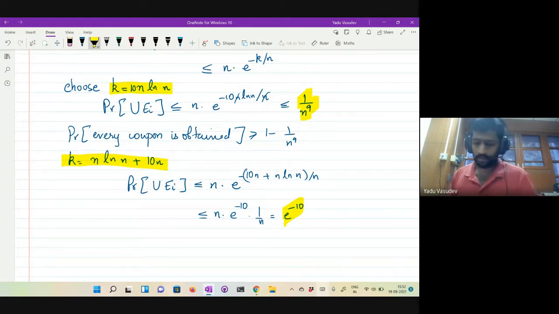Any questions so far on this? Any questions on this analysis and what it means? Okay. All right. Good. So then let's move on to developing some more tools to analyze random variables.